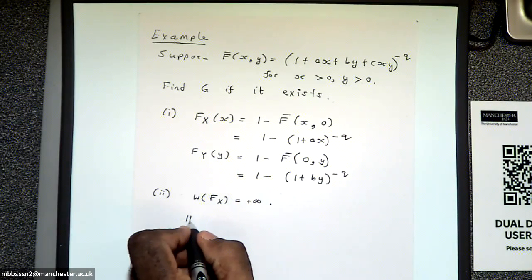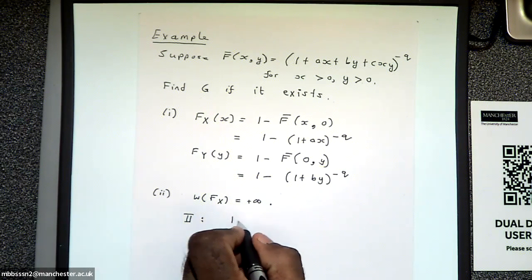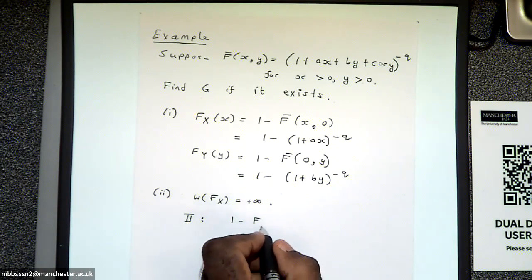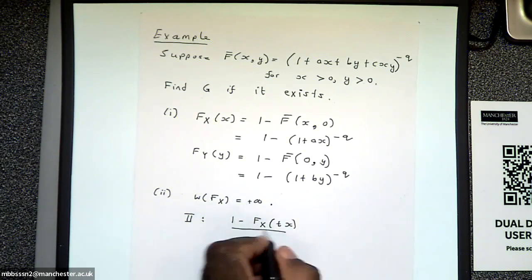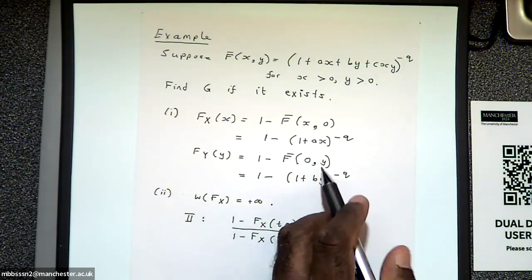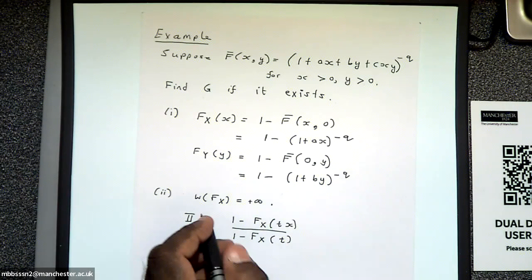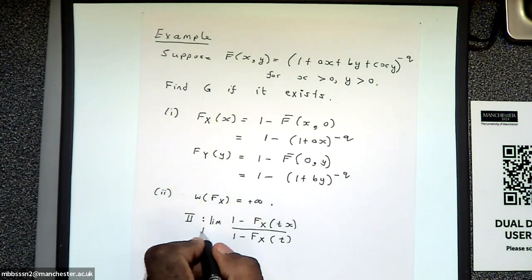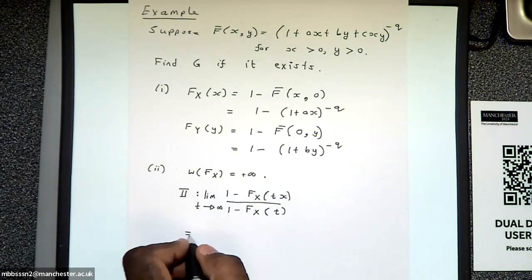So I'm going to check condition number 2 because I have a feeling that it's going to belong to the Frechet domain. Yeah, that's possible. I thought you guys did enough examples to see this. When you have a polynomial power like this, it's almost always Frechet. This is a polynomial power, right? When you have a polynomial power, especially a negative power, you will get